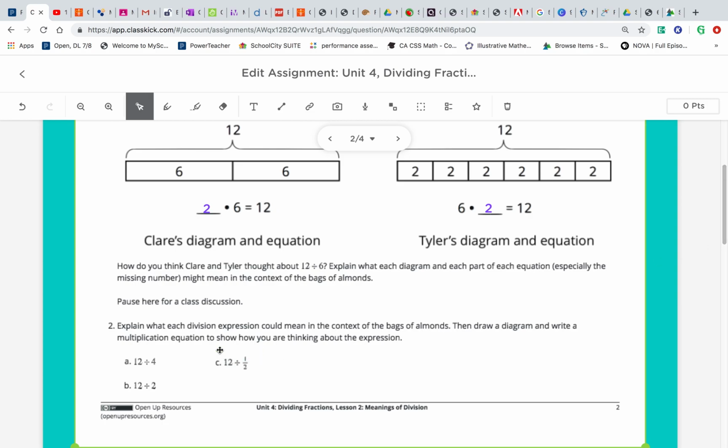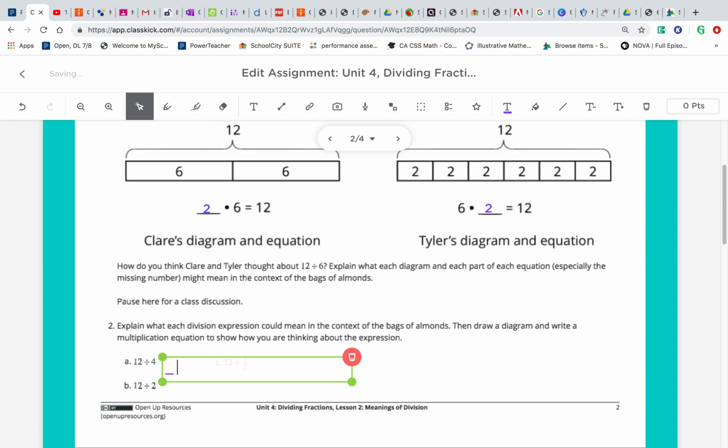So it says explain what each expression could mean in the context of the bags of almonds. Then draw a diagram and write a multiplication equation to show how you are thinking about the expression. All right, so you see here they have a few different things. They have, for the first one, 12 divided by 4. Okay, this could mean a couple of different things. As you notice with Claire and Tyler, they interpret it different ways. So you can interpret this different ways. But here's an idea. It could mean how many pounds in one bag if there were 12 pounds in 4 bags, right? And so if that was the case, you could write an equation that could look like this. So you could say